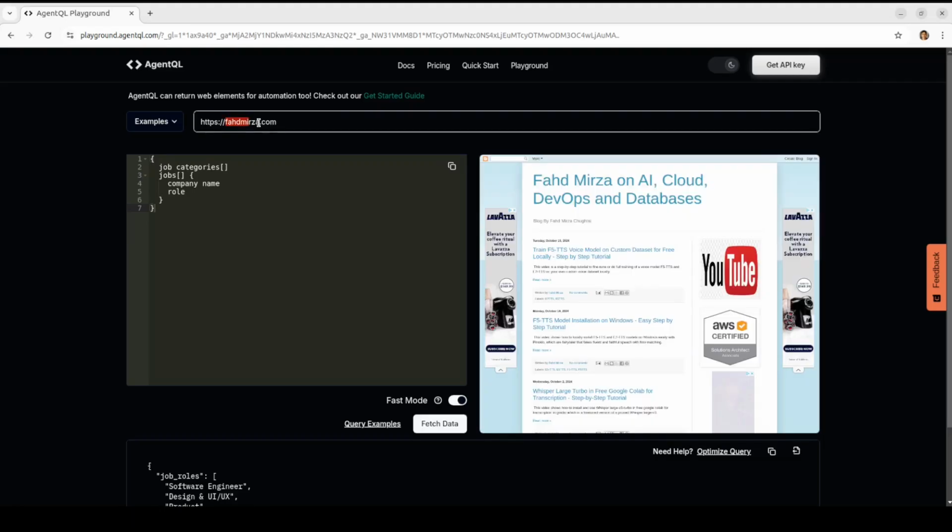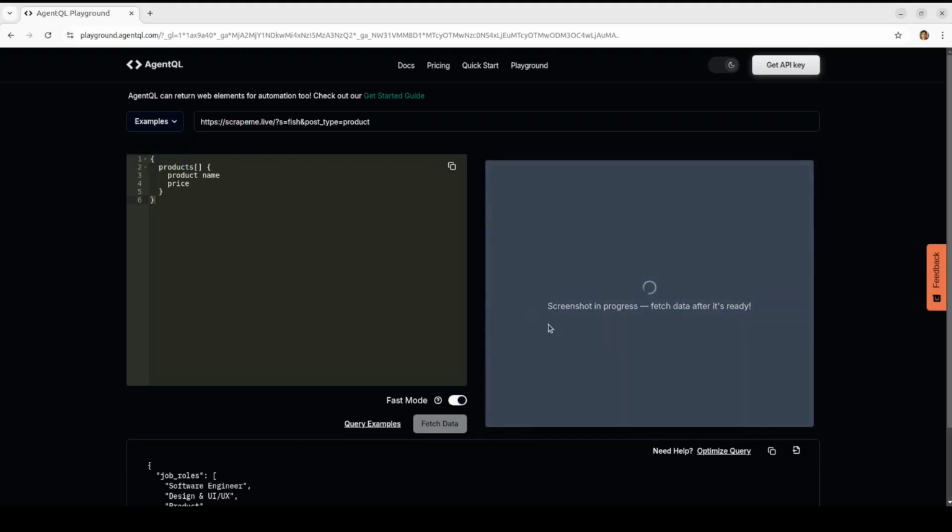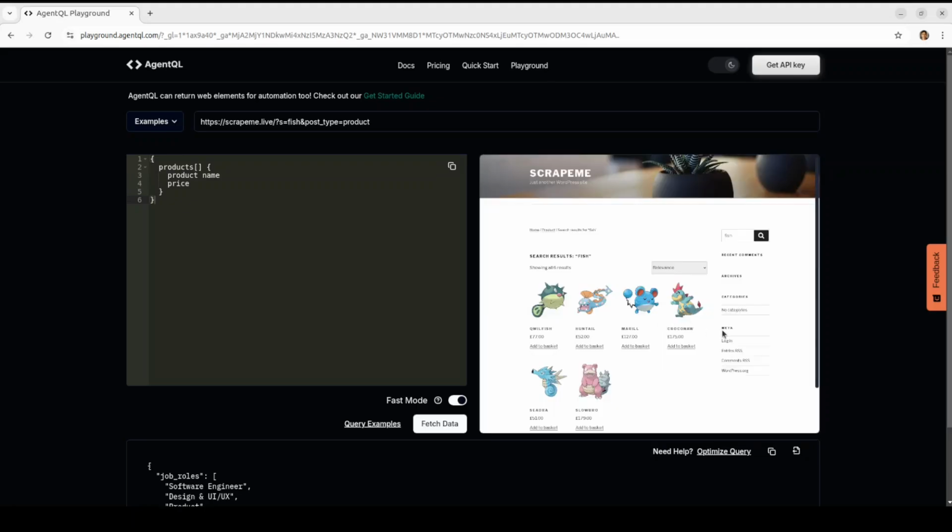For instance, you can replace this URL with your own website. You see, I have just given it the URL of my own blog, which is fahadmirza.com. It is visible here, and then you can just fetch the data from here. Also, they have this scrape me here. You can just simply click here, and it is going to prepare your website for it. It is scraping it. Screenshot is in progress,